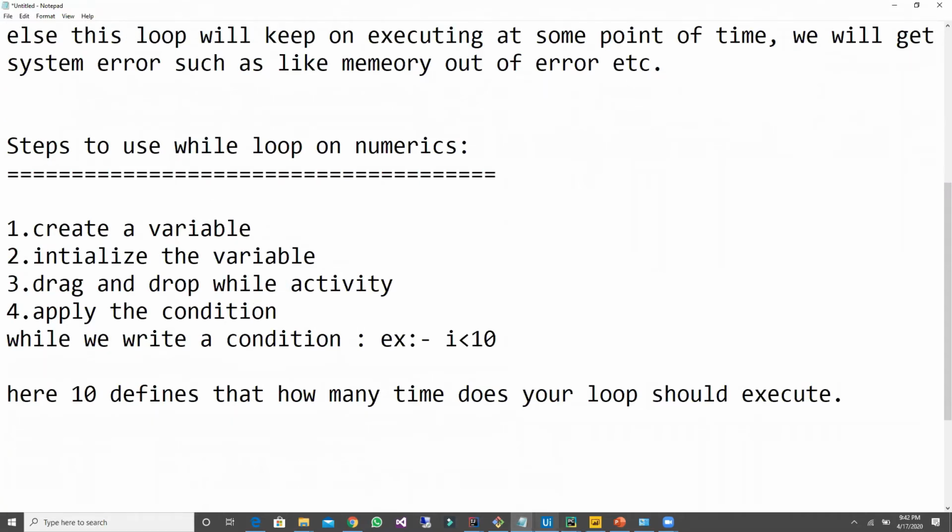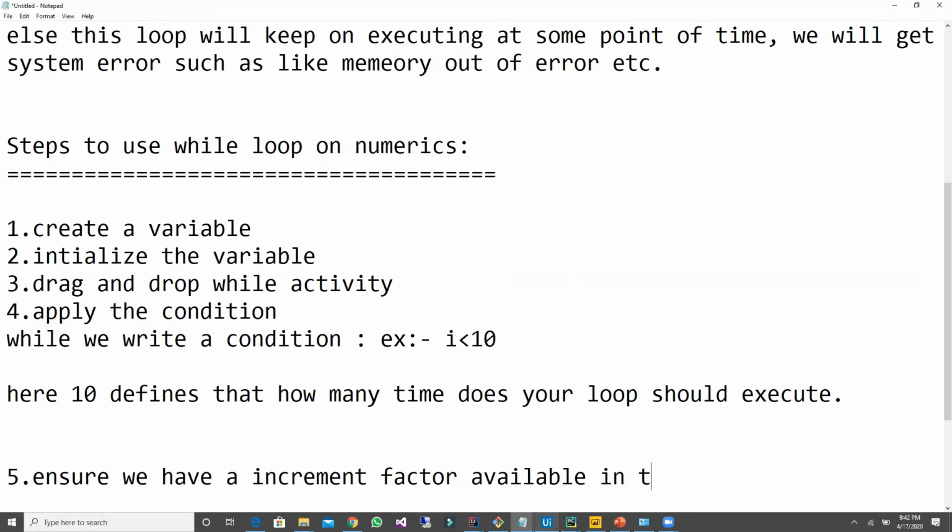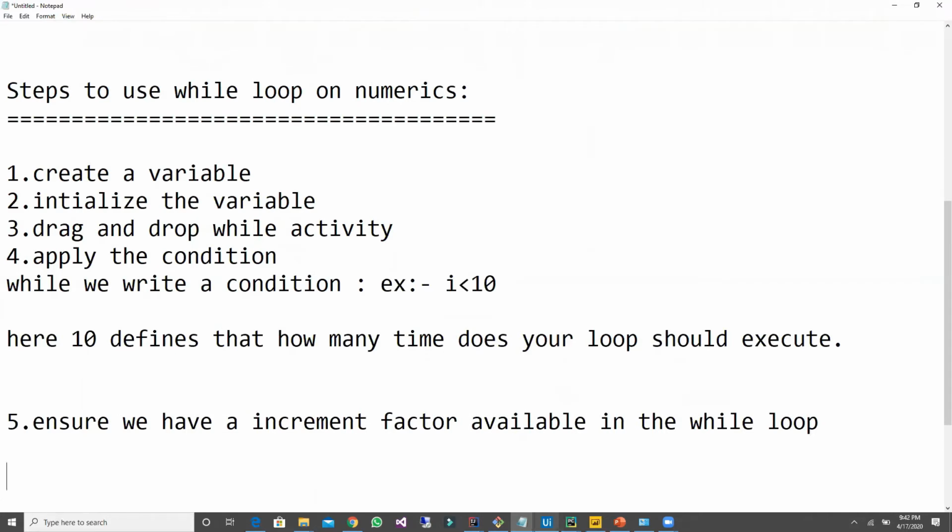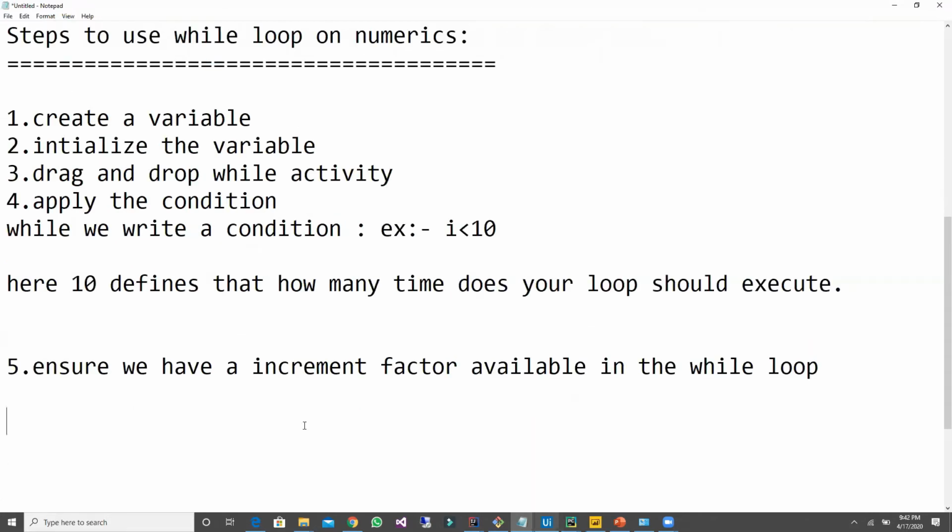Okay. So that is the important one. Fifth one, ensure we have an increment factor available in the while loop.